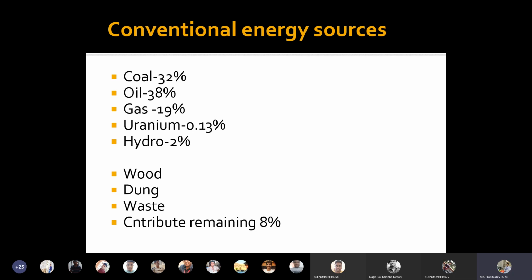Commercial form of energy means you can easily make use of this energy system, and you feel more comfortable in handling this energy system. General examples can be given as coal, oil, gas. These are more comfortable and, from a commercial point of view, more suitable types of fuels. But non-conventional are nothing but renewable sources, like solar, geothermal, tidal.